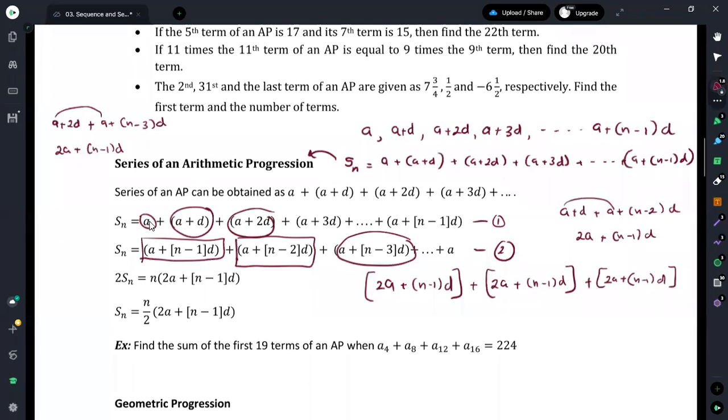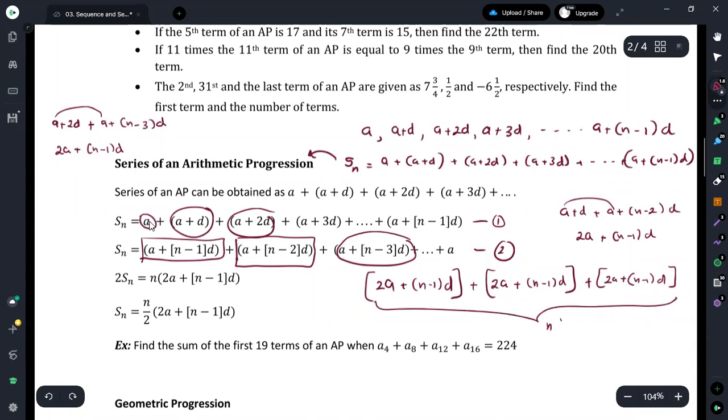Then instead of adding, we can have this as the multiplication, since we are having n number of terms, then we can simply say this as n times this single quantity. Therefore, we can get the summation as n times 2a plus n minus 1 times d. Then we can see that from the left hand side, we have added Sn with Sn. Then we got it as 2 times Sn. Therefore, we can see that the summation is given as 2 times Sn equals n times 2a plus n minus 1 times d.